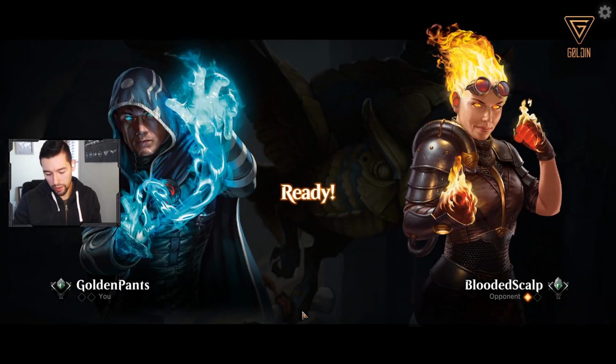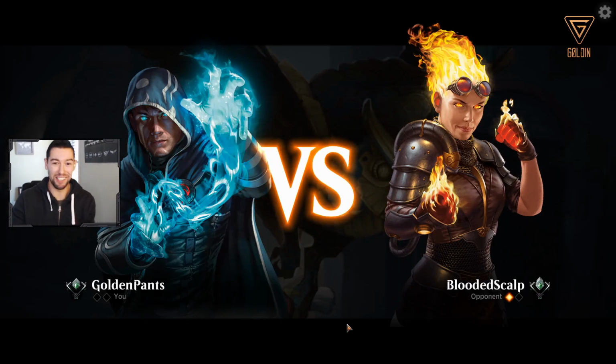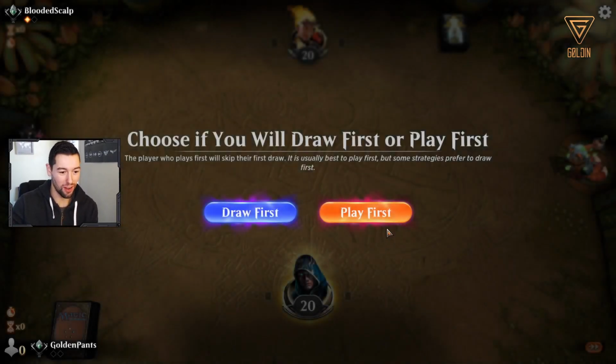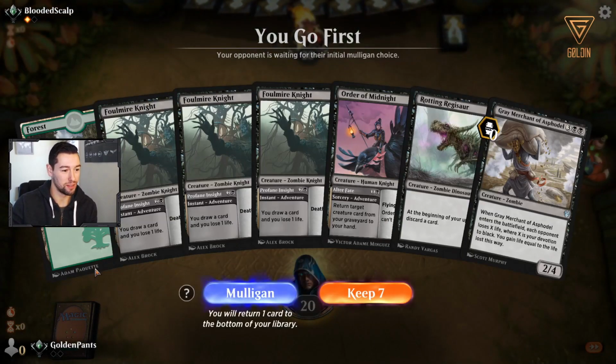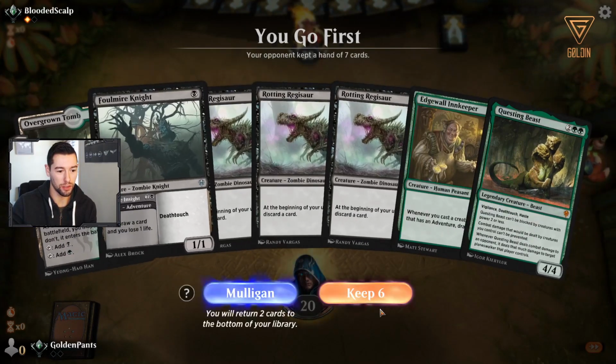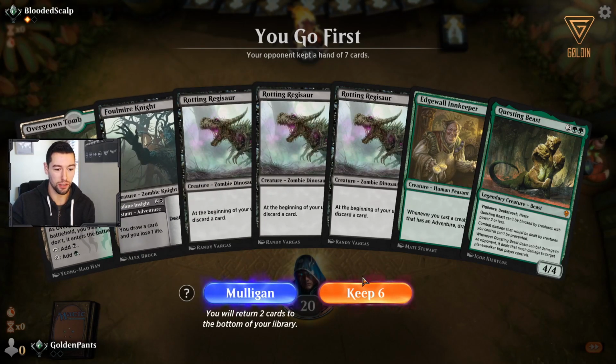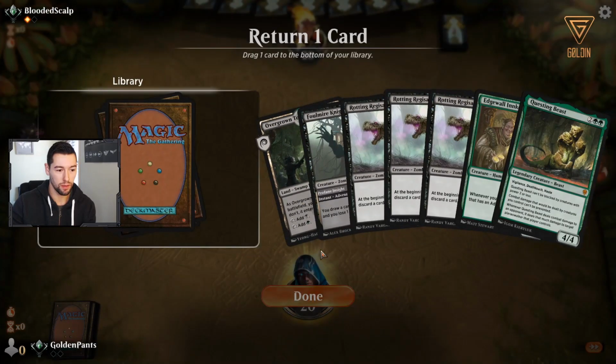So game plan. They don't nut draw. That's our game plan. Voodoo magic to make sure that they do not draw. Well, that is not a good start. That is also not a good start. But I'm going to keep it because if I do get a second land, or actually even if I don't, and he just doesn't stomp my Edgewall Innkeeper,